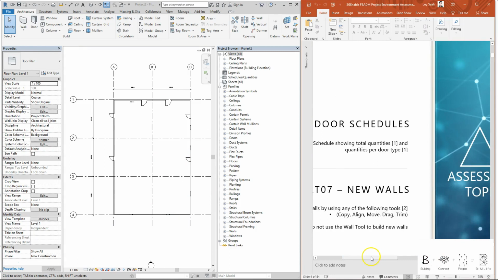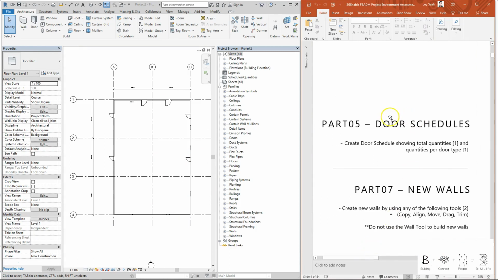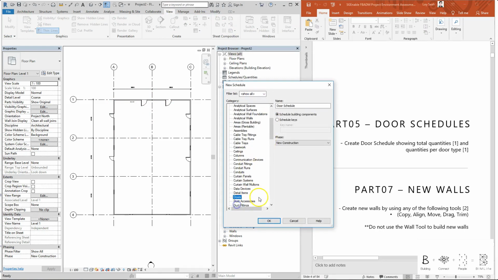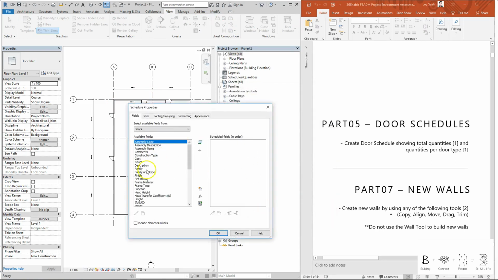Topic number 5 is to create a door schedule, and the door schedule should show the total quantities and the quantities per type of door. We have two types of doors in our project, because one is by default already inside the template, and the other door type is the one that we created. So we should be able to see two different types of doors in our schedule. Go under View, Schedules, Quantity, Doors category, bring in the family, bring in the type,